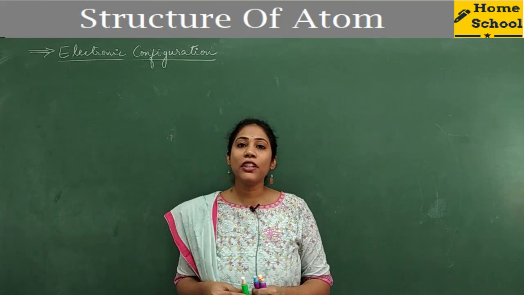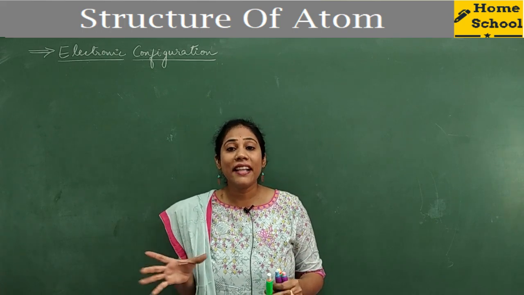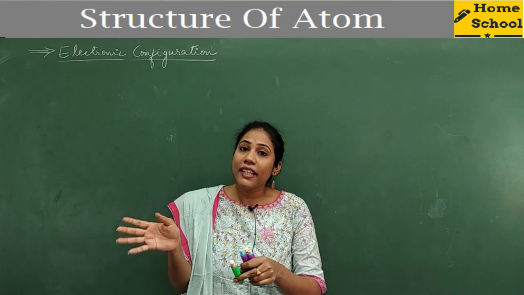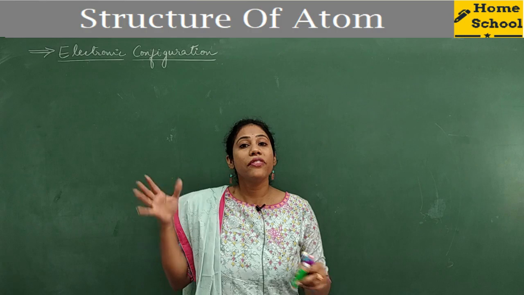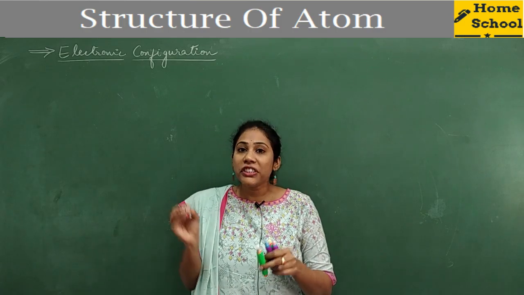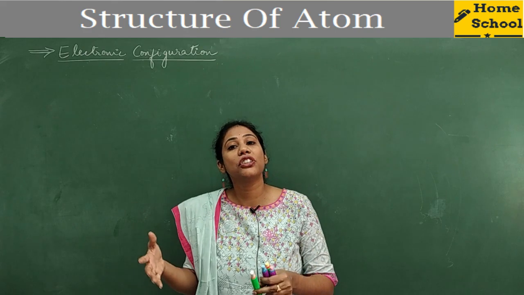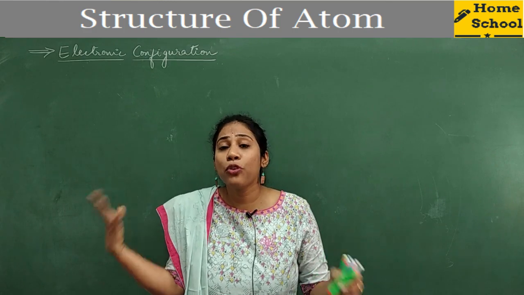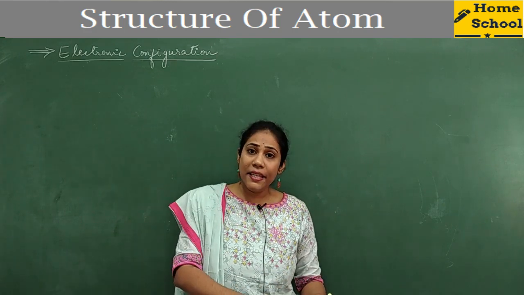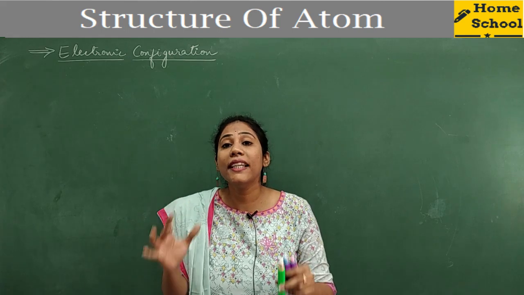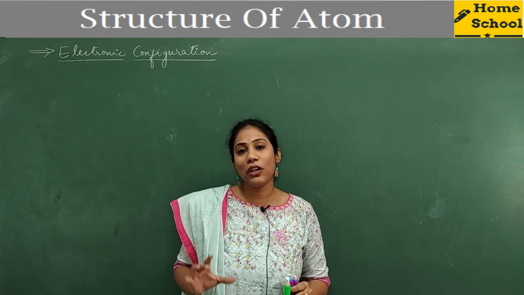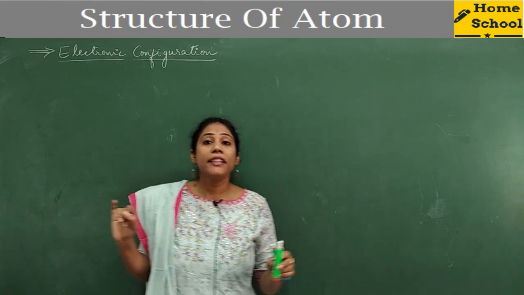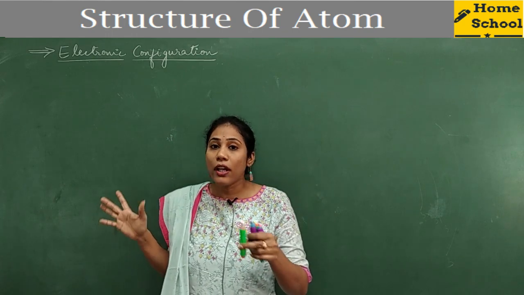When you know the electronic configuration, you can clearly understand the nature of each and every electron. You can clearly say which electron can participate in a chemical reaction, which electron does not, which electron has higher energy, and which has lower energy. You can also tell which atom is more stable and which is less stable. All these things you will only come to know when you know electronic configuration. So it's very important to learn how to write electronic configuration for various elements or atoms.